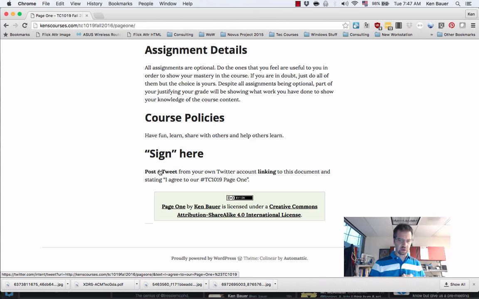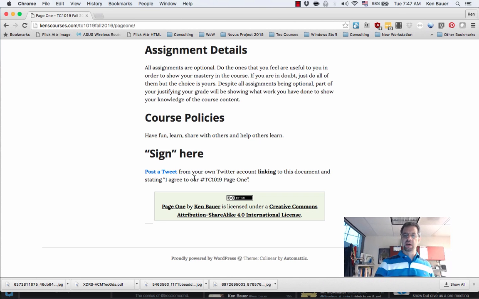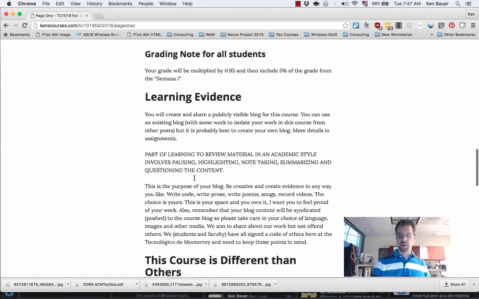Our tools for standard communication are the course site, which is my WordPress site, and your sites, which are your own blog, which could be WordPress, could be Blogger, could be Known, could be anything else that spits out RSS. More details are in the rest of the course site. And Twitter is your other main communication mechanism, and I've got a link here to post a tweet to say that you signed the page one.